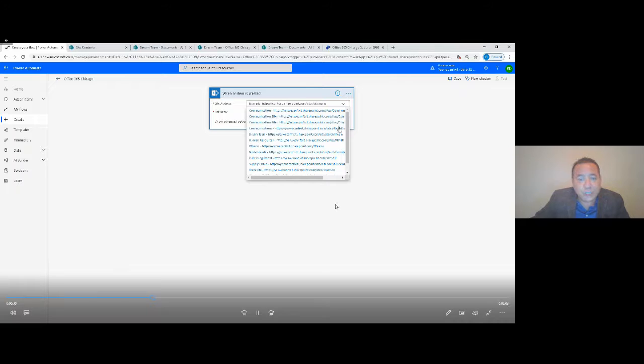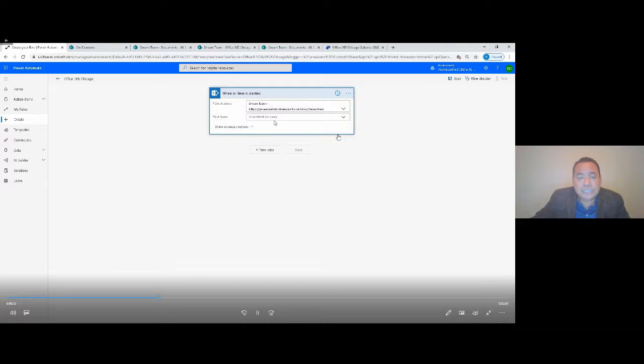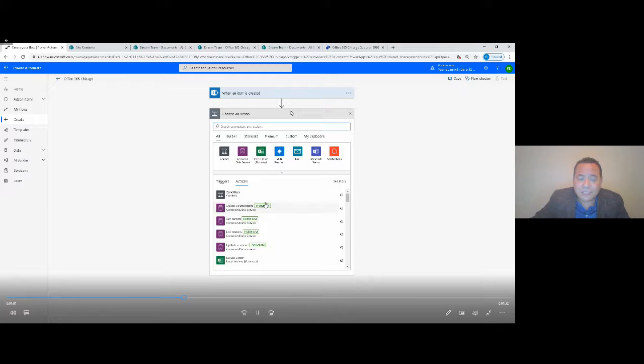So I entered the URL of the site. Now, it doesn't have to be SharePoint. It can be a database, if that is the case. You can connect to any database if you have access to it. If you have read access, you can get data and read information. If you have read and write access, then you can read and push information to it.